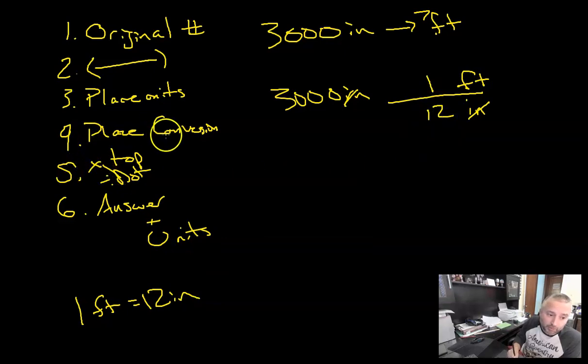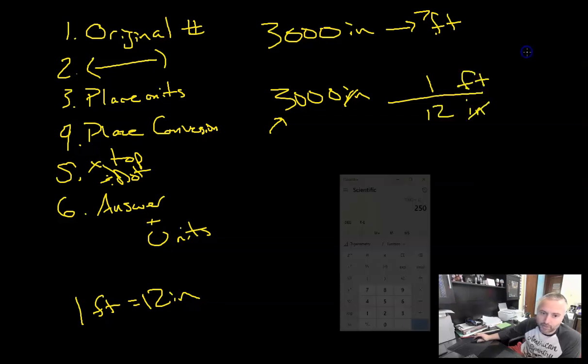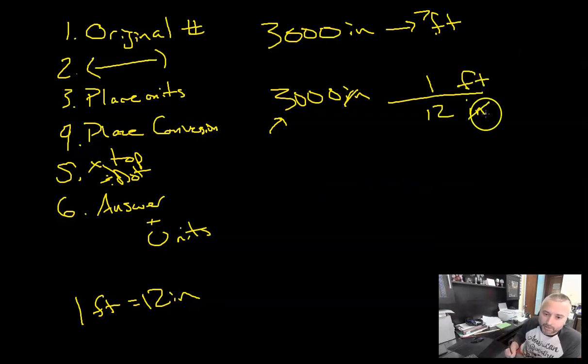Now, after we place the conversion, we multiply on the top, right? So the 1, I don't really need to do that. In 1, it's going to stay the same, so 3,000 times 1 is just 3,000. And divide if it's on the bottom. Now, when you divide like this, always put the first number in from left to right. So punch in our calculator here. This should be, let's go ahead and clear, 3,000 divided by 12. 250. So my final answer here is